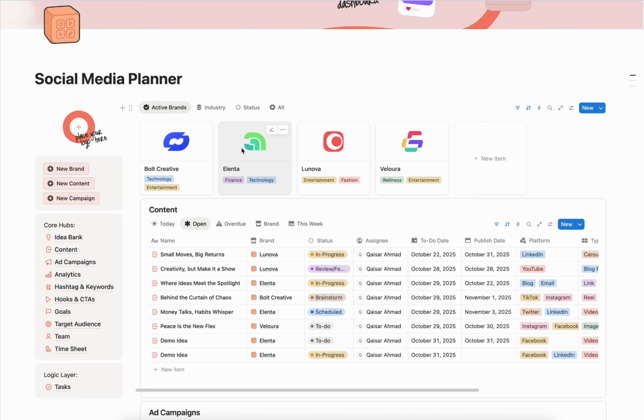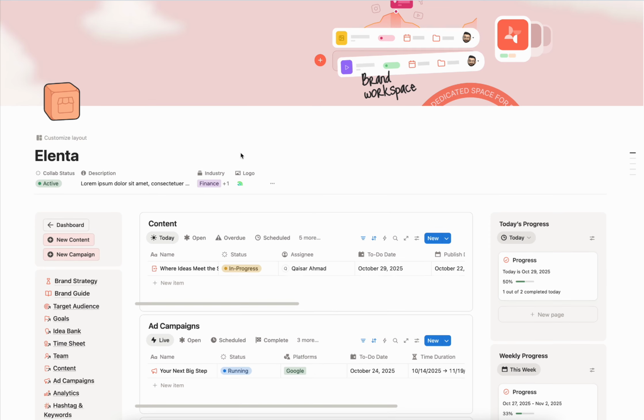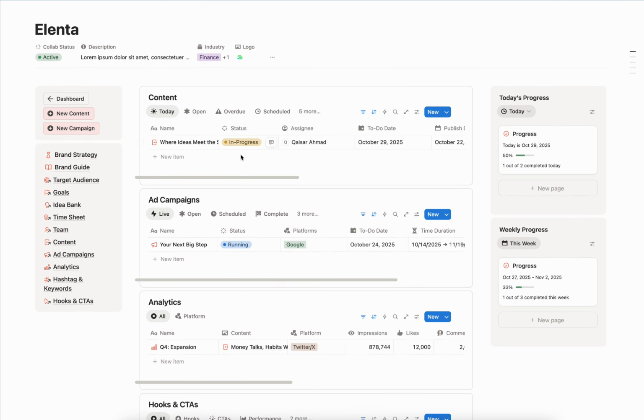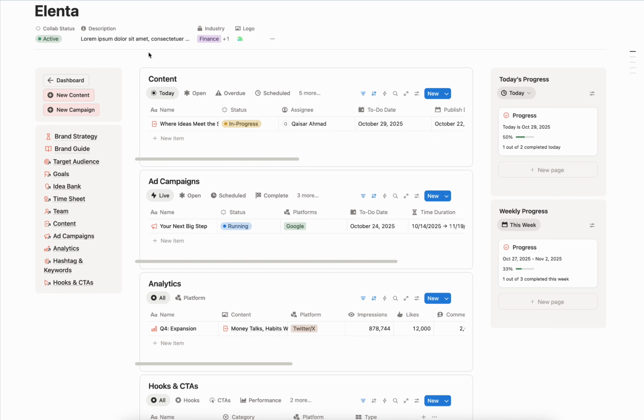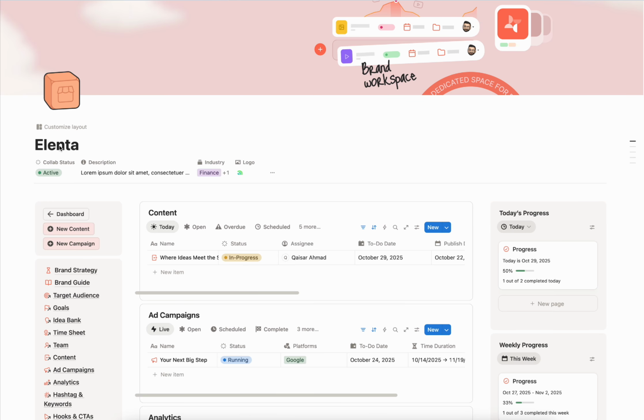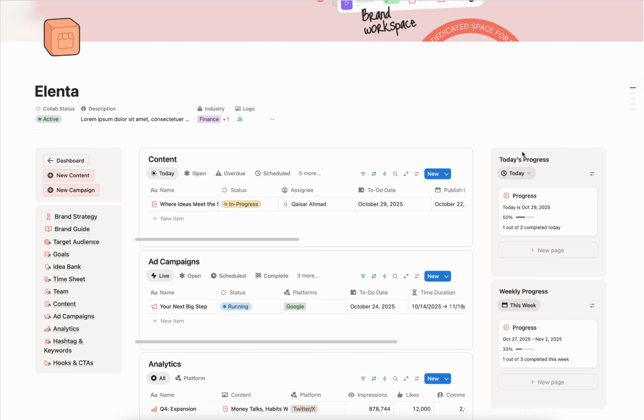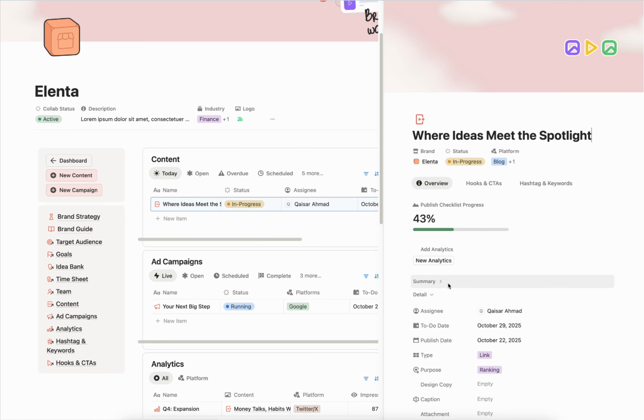So when you are inside a brand workspace, you get to see and manage everything related to content, ad campaigns, analytics, and whatnot, but only for this specific brand because you are inside a sort of a folder now where we can only talk or think about specifics. And only now you will be able to see the power of the task database, because as you can see, we have some progress bars in here. So when we create new content, let's say, and we connect that with a task that was created for this brand,